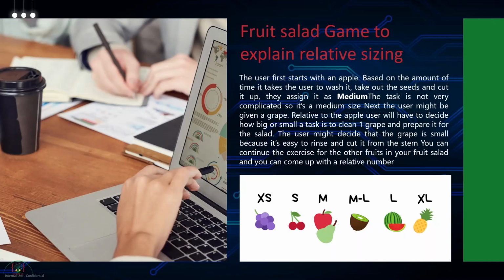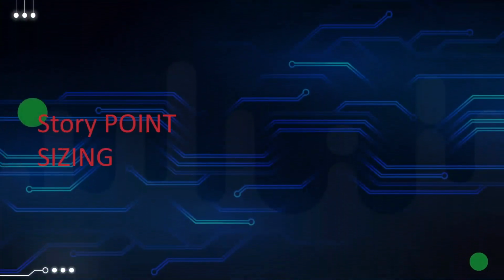So when team members are sizing up the user stories, they are giving an approximate number based on the complexity of the story or how much development effort, code they have to write, testing they have to do. They might say, hey, it might take me 5 hours of work, it might take me 8 hours of work, it might take me 13 hours of work. So if it's 5 hours, I might call it medium. If it's 8 hours, I might call it large. If it's 13 hours, I might call it extra large. So that is kind of what relative sizing actually means.